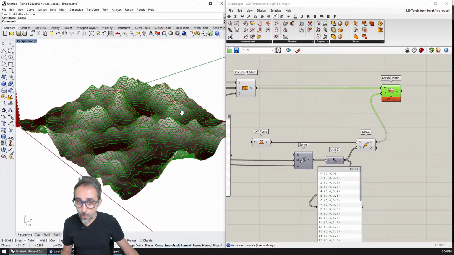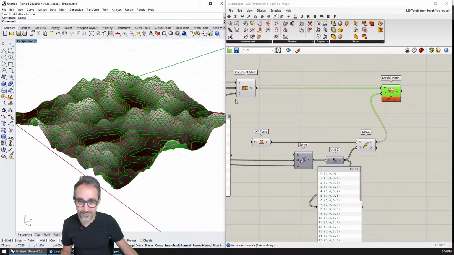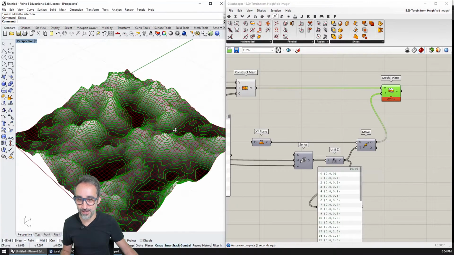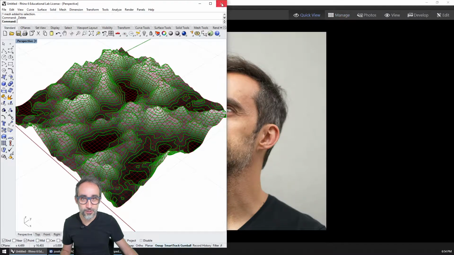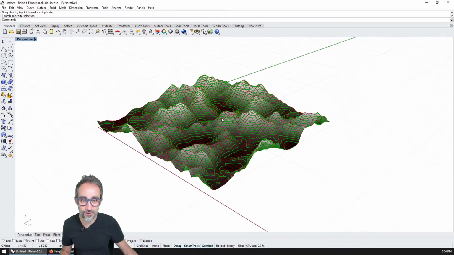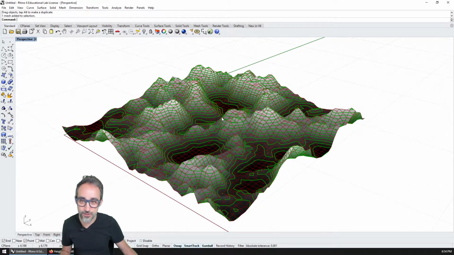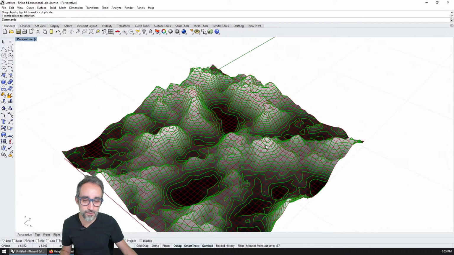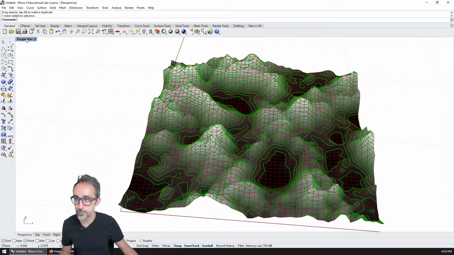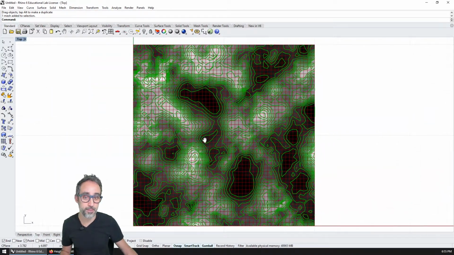And whoa, nice. Look, check that out. Let me hide the planes, but check that out. How cool is that, right? So we have now my image from the previous exercise. We have the terrain, which is a mesh. The terrain has been colored, and we have all the ISO curves, which pretty much look like a plane, like a map, right?